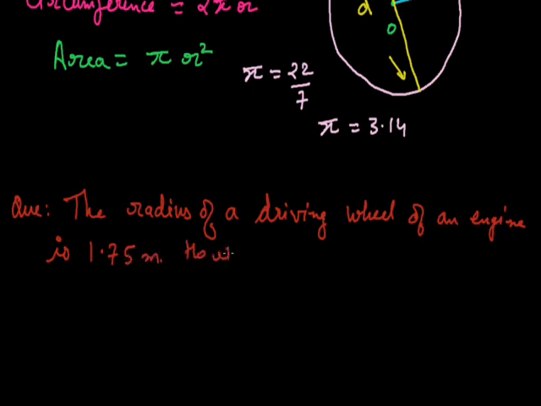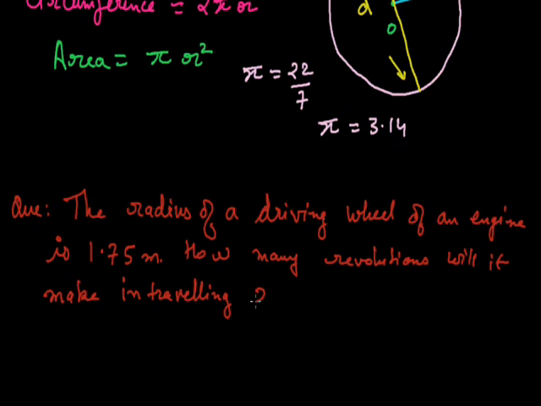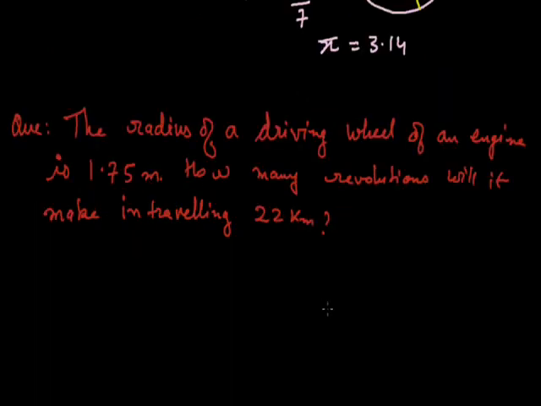How many revolutions will it make in traveling 22 kilometer? Now here we have to understand that when the circle or the driving wheel completes its one revolution,